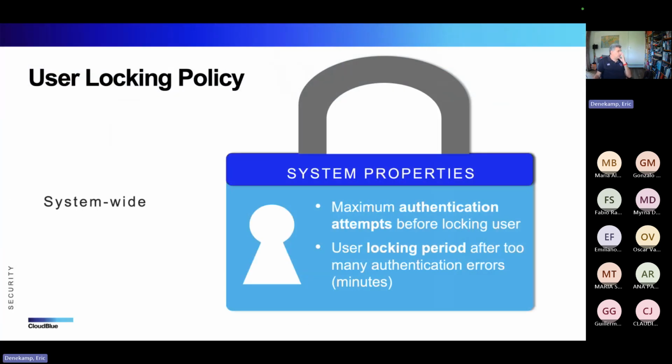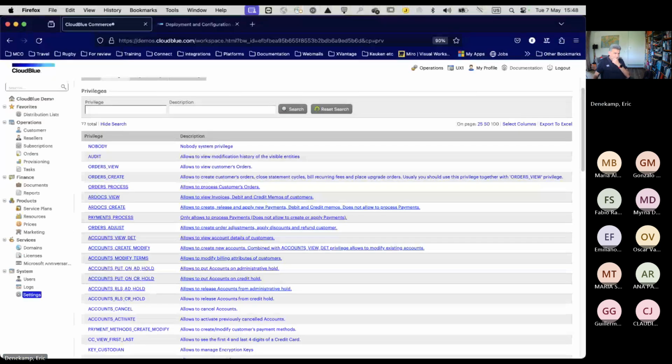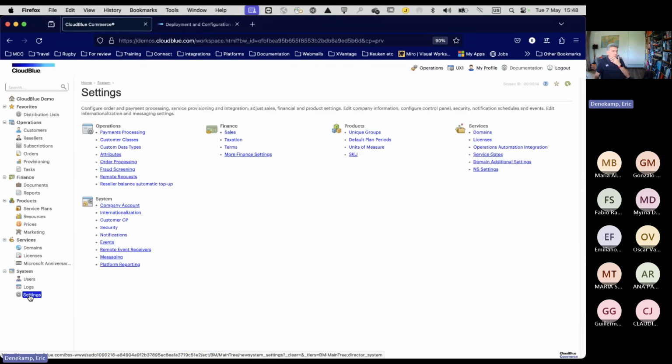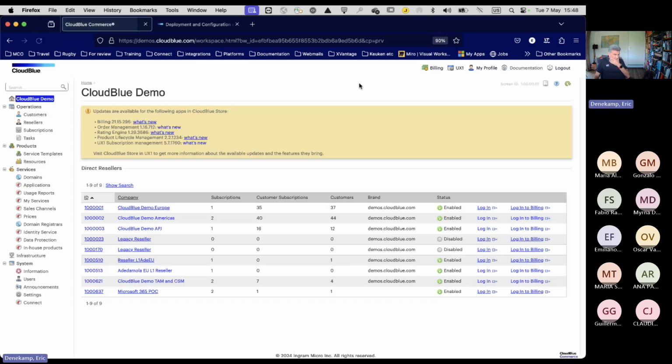Of course, at some point you want to make sure that your customers or your users are locked out if they, let's say, try too many times to authenticate, make typos, etc. Basically, you want to protect against brute force attacks. And to be honest, there are two places to do that, and I would say that one is better than the other. We've got the built-in one. The built-in one is part of what we call our operations system